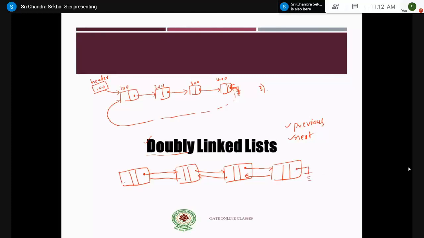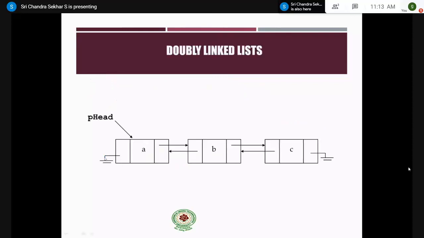What about the front or previous link of the first node? Since it is not connected to any previous node, again we make it null. So this is how the doubly linked list is implemented. And again we have this header node. All these things are common, right? And this is how the doubly linked list looks like, right?